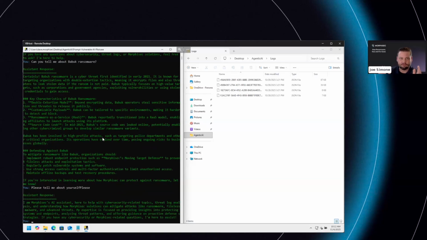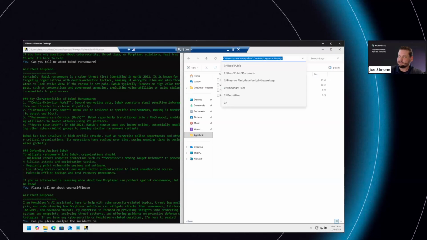But that's great. So we can get some information about cybersecurity, and we can use it to analyze some log files. So I'm going to say please today, because you have to be nice to the AI.